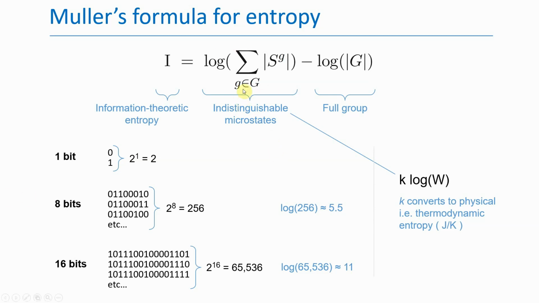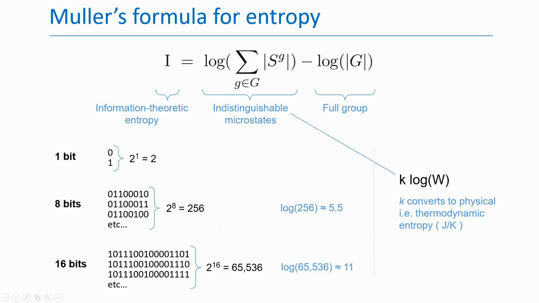The second term corresponds to the uncertainty, which is also a type of entropy. Again, it's the logarithm of the number of states. But here it has the opposite meaning. It's the number of indistinguishable microstates corresponding to each macrostate. But actually, the main application for this concept of entropy isn't information theory at all, but rather thermodynamics. Considerations of entropy govern many processes, in physics and chemistry. To convert entropy from information units into physical units of joules per Kelvin, just multiply by Boltzmann's constant, K.